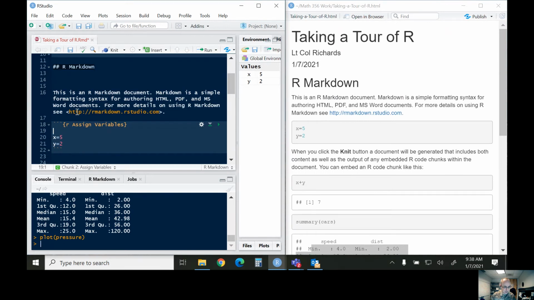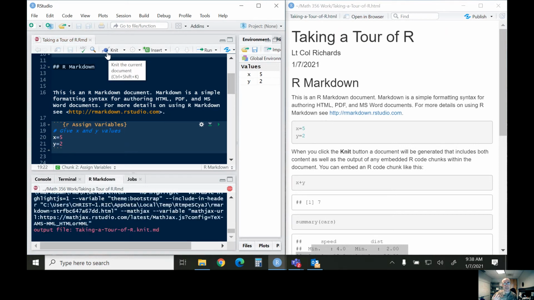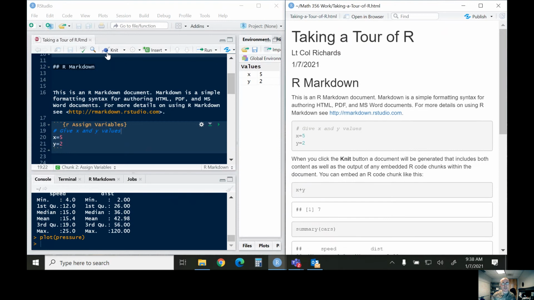Inside of code, a hashtag means a comment. You see it's blue in there. So that means everything on this line, don't run it as code. This is just a note to myself. And so I'm just going to say give X and Y values, right? And so now when I knit this, you can see that it still puts that in there, but grays it out